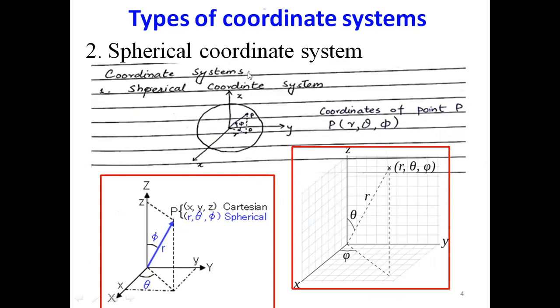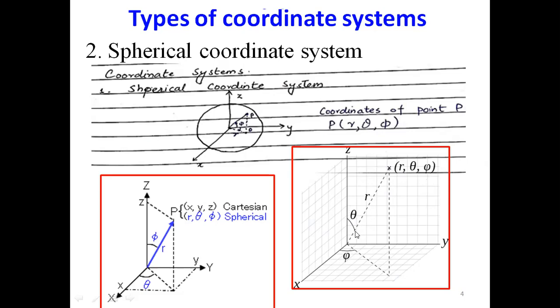In spherical coordinates, we use the coordinates r, theta, and phi. And any point in space would have these coordinates. R is the distance of the point from the origin. This is r. Theta is the angle which this line is making with z-axis, and phi is the angle which